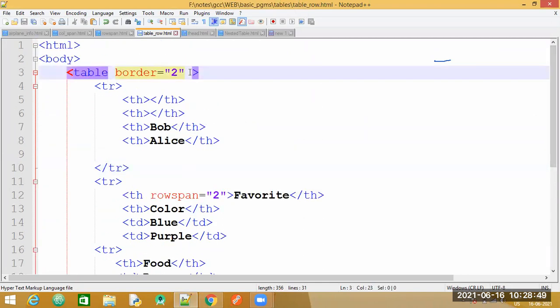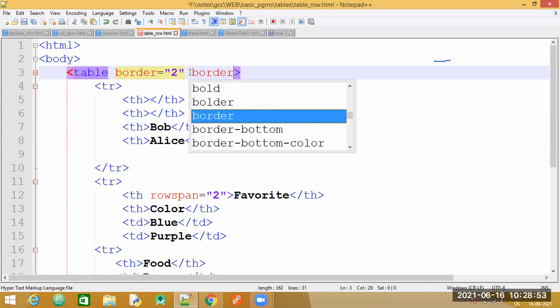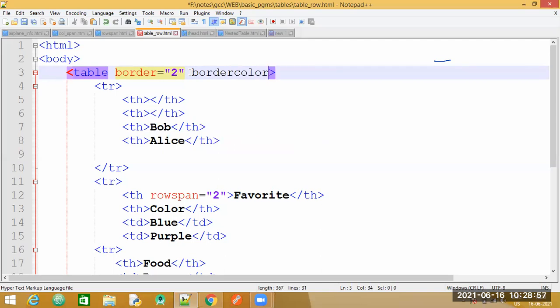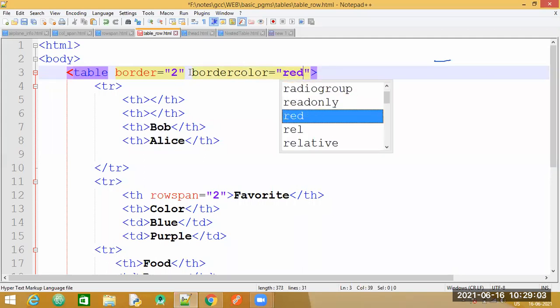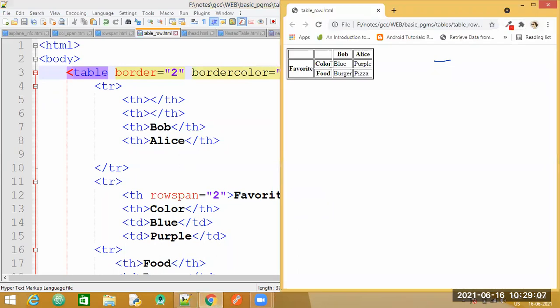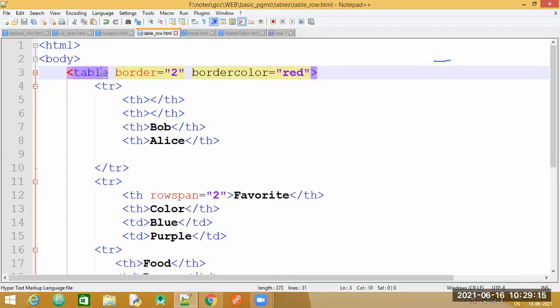for this, let me specify a property called border color, and you can give the color names, solid color names. Let me save this. So you can see the border for the entire table is getting affected when I specify it in my table tag.